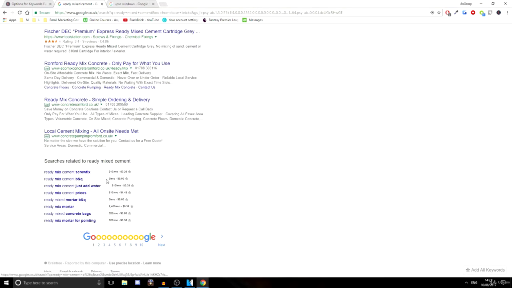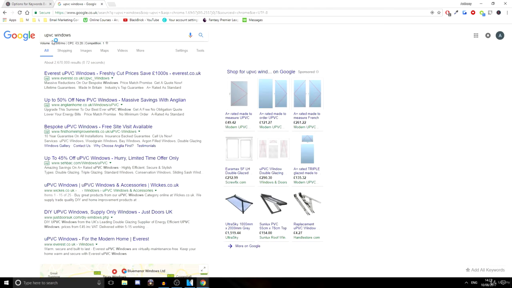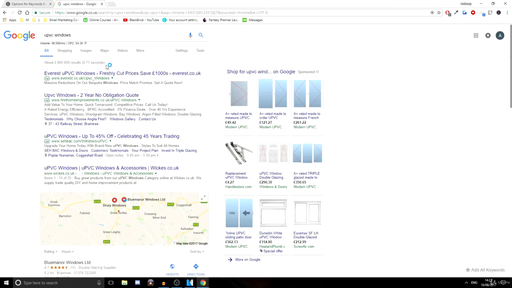Ready Mix Cement B&Q. That one looks like it's not working probably, or there's not enough data to actually take it in, because it looks like 210 is the minimum they put on here, which is very interesting. And finally, we've got UPVC windows, which is a type of window which you can buy for your house. But I just thought that would be an interesting one because people do like to pay to advertise. Like, you know, there's always people saying, buy doors and windows, buy doors and windows. This is how much they pay,